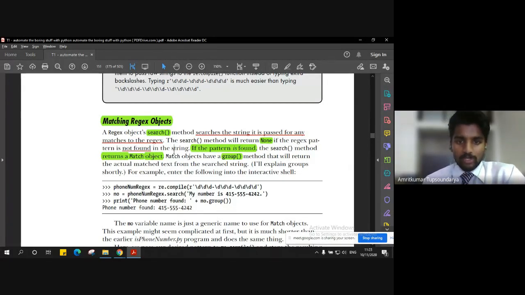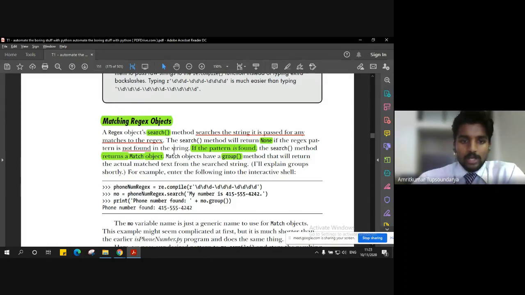If there is a regular expression match in that particular string, and if the search is successful, then it will simply return the match object. It will return the match object, meaning the string has been matched, and this is the object for it. But if that regular expression is not present in that string, it will simply return a None value.